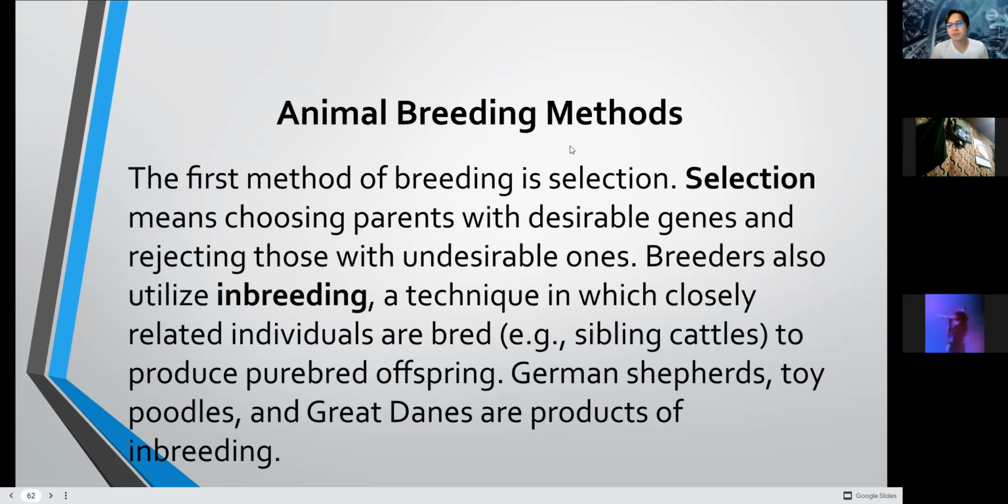Animal breeding methods. There are a lot of methods in animal breeding. The first method of breeding is selection. What is selection? This means choosing parents with desirable genes and rejecting those with undesirable ones. Breeders also utilize inbreeding. This is a technique in which close